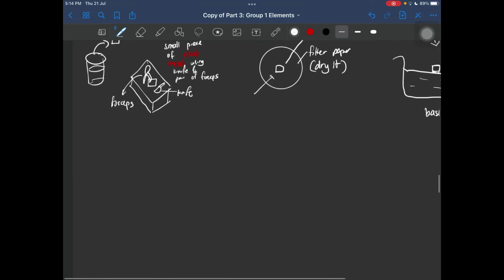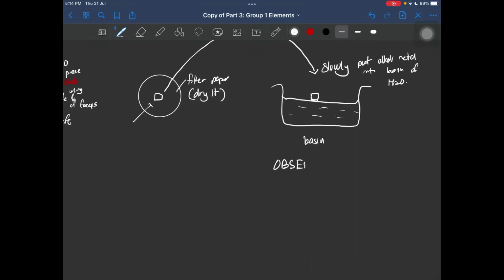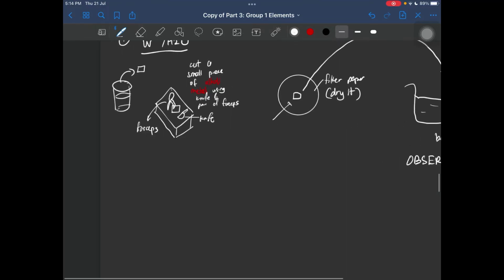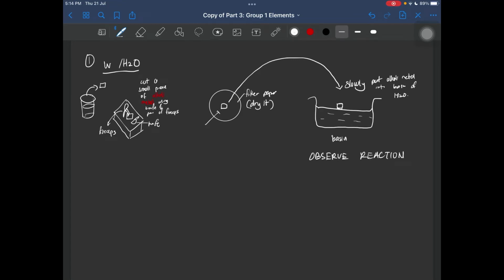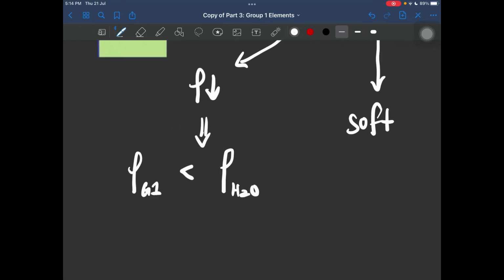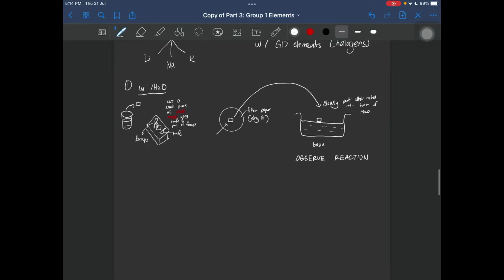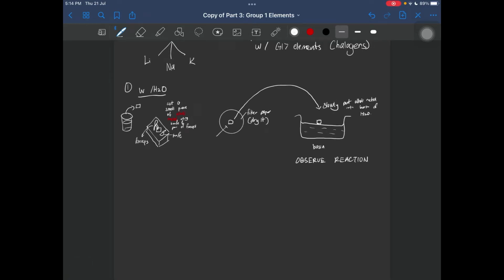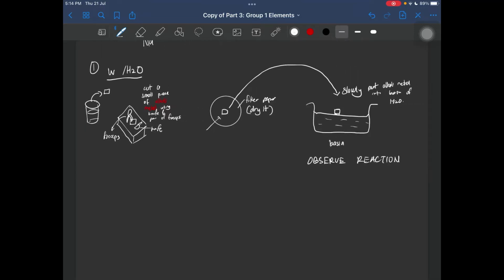And then what we're gonna do is we're going to observe the reaction. We're gonna see what happens to the alkali metal on the surface of the water. And of course, you're going to see that the metal will actually float on the surface of the water. It won't sink, and this is because of the physical property that we've looked at earlier, which is it has a low density, lower than the density of water. So it will float, and we're going to look at the reaction between this metal and the water in the basin. And once the reaction is over,